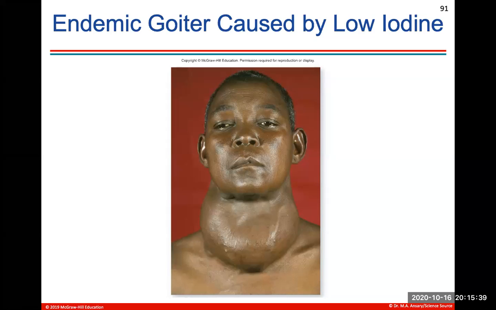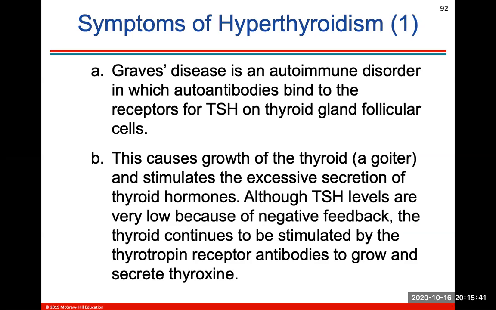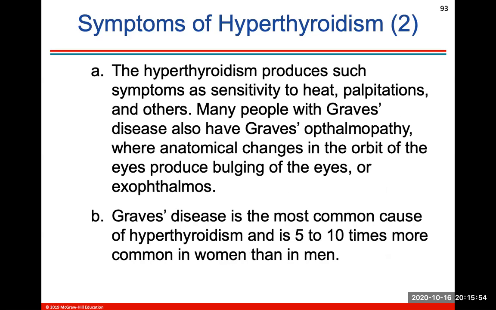hormone deficiency disease. Graves' disease is an autoimmune disorder in which autoantibodies bind to receptors on your thyroid gland. This causes growth of the goiter and stimulates an excessive secretion of thyroid hormones. Graves' disease and hyperthyroidism is kind of scary because it produces symptoms like sensitivity to heat, palpitations, and others. Many people with Graves' disease also have Graves'